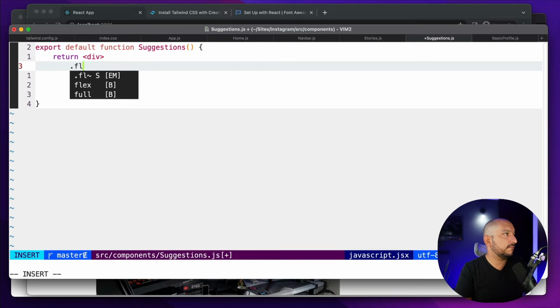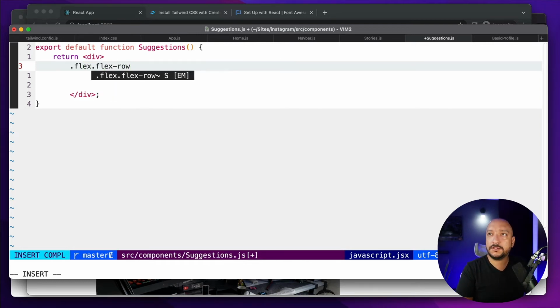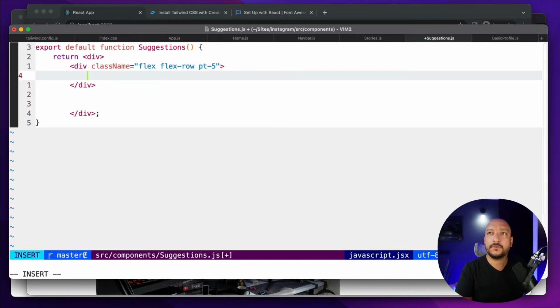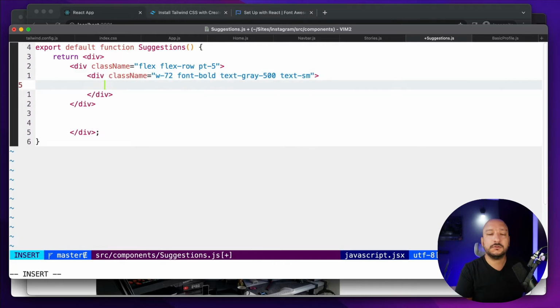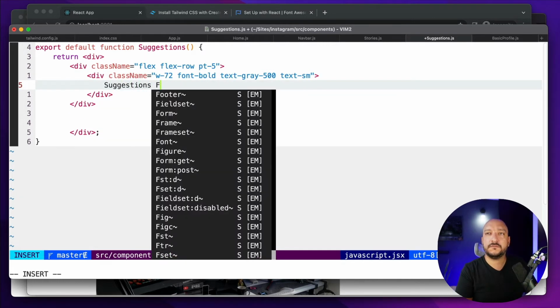This will be a flex container, flex row direction. The padding top will be 5. Inside this we will have another div with the font bold. It will be text gray 500. The text will be small. This will say suggestions for you,